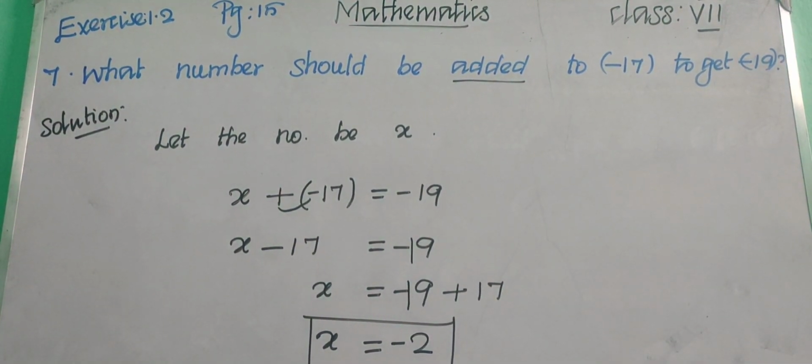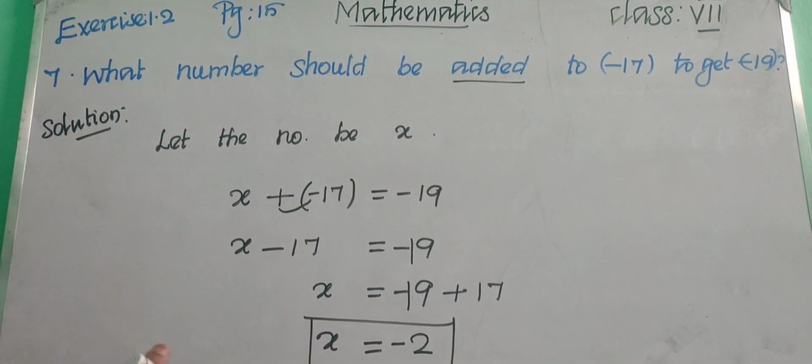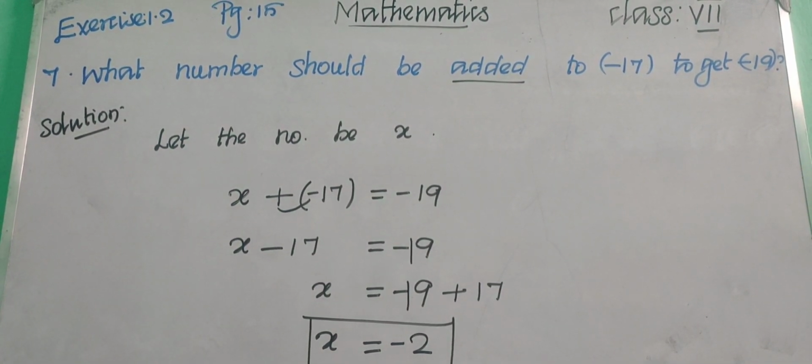Now we can bring the answer very easily, right? Just keep the x on one side and bring all the integers to the other side. The answer we are getting is x equal to minus 2, okay children. So copy it in your notebook. If you didn't complete it, just pause the video and do it, okay children. And then the next one, the 8th question. Write the 8th question in your notebook.